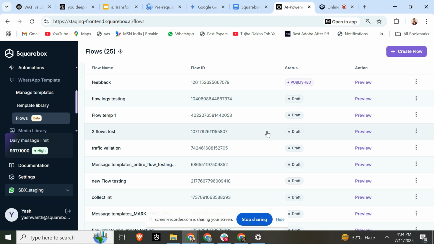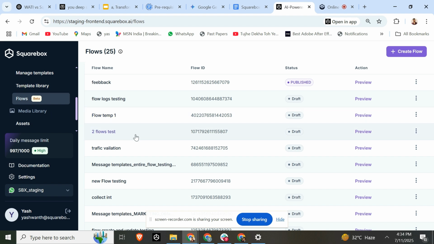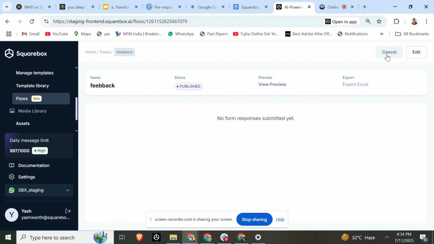In this video, we are going to show you how to utilize flows in Squarebox. So when you go to flows, on the left side of the screen, you'll be able to see all the flows that I have created. There are 25 flows. So when you quickly get into any of the flows, for example, I would like to check this feedback flow. When you click on this edit,